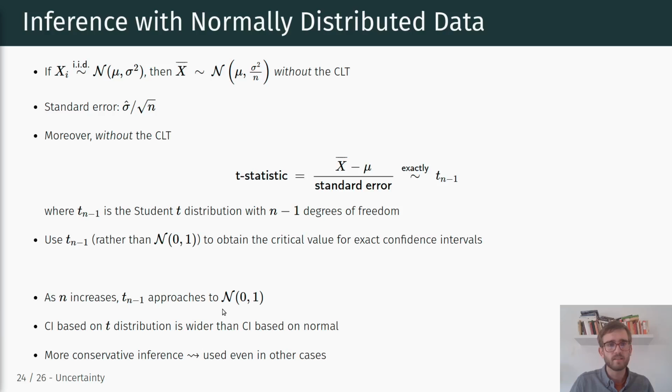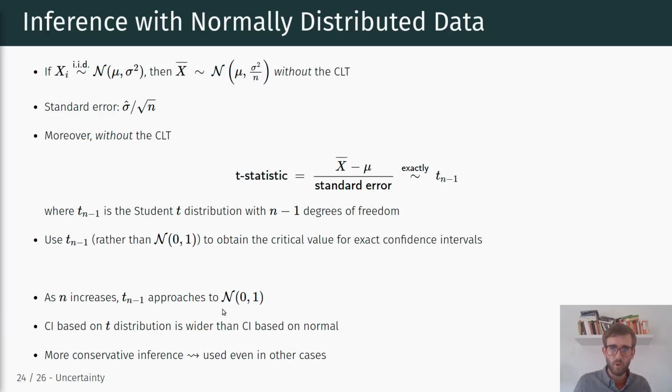In that sense, we're going to talk about the t-test in more detail next week. The t distribution makes the assumption that your underlying data, your underlying random variable, is in fact normally distributed. We can even use it for other cases where the underlying data is not normally distributed,